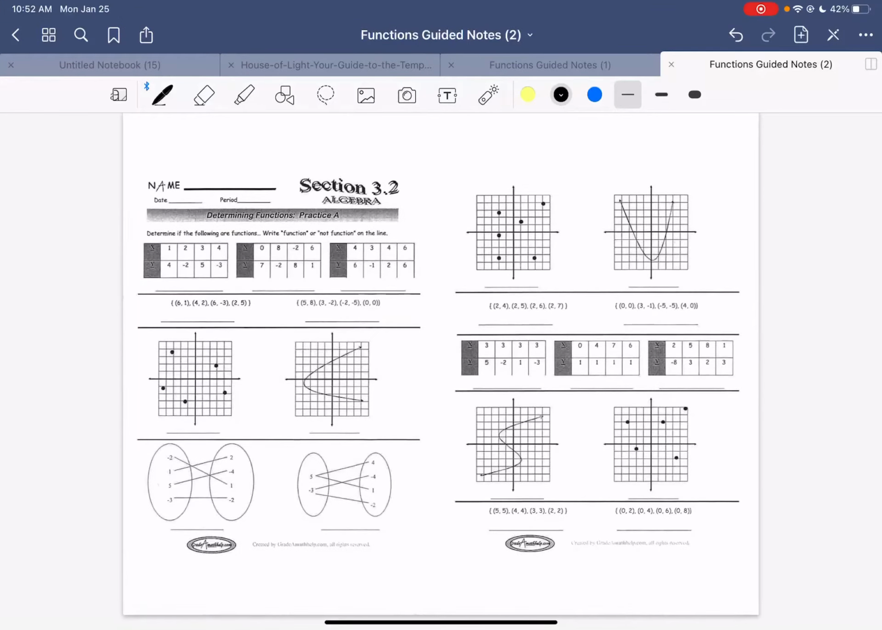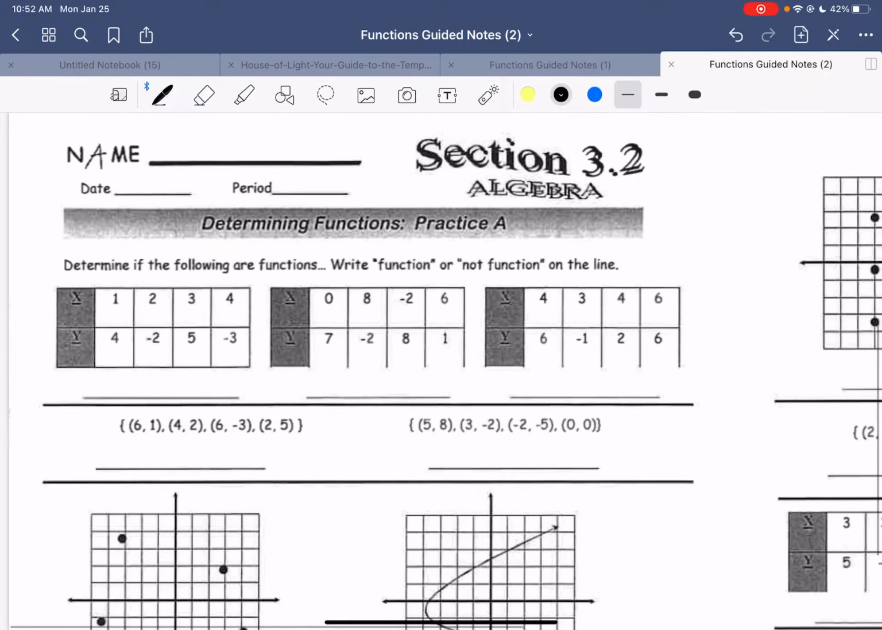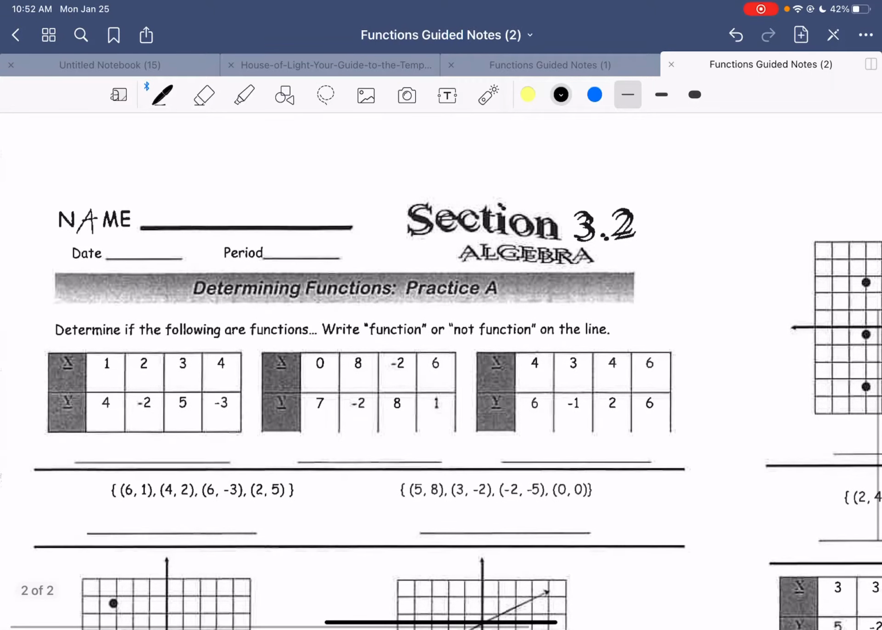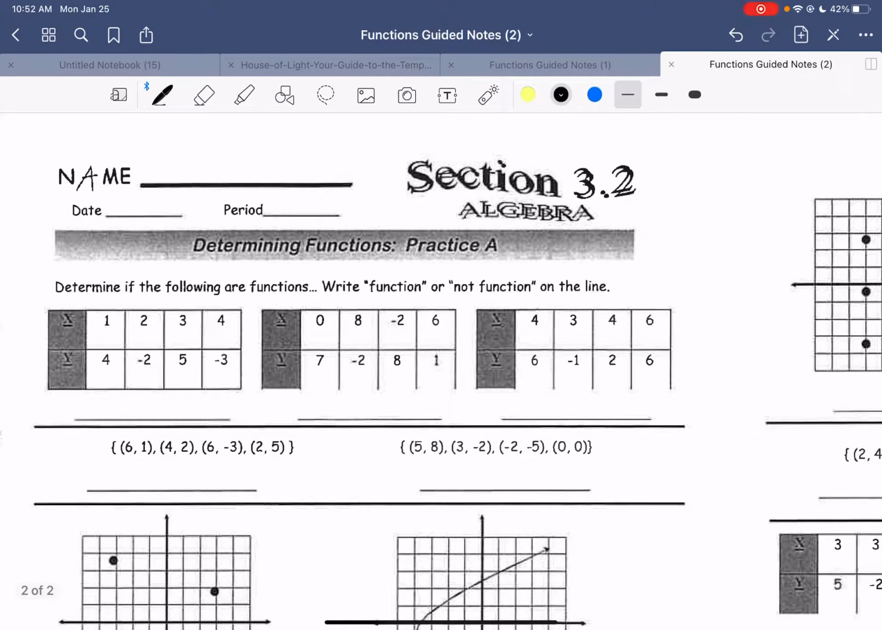On this second section, we're given a set of different functions in different formats, as you can see, and then we're being asked to write whether it's a function or not. So I'm going to go ahead and zoom in on this first set. Remembering that for it to be a function, each input has to be attached to only